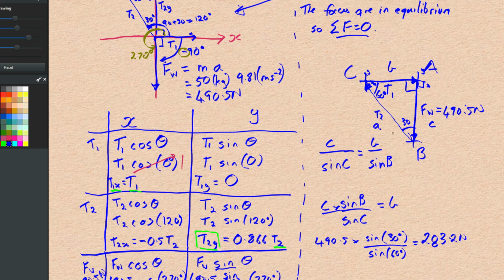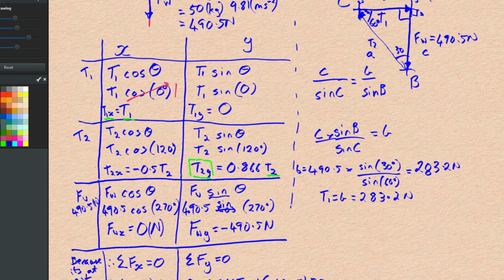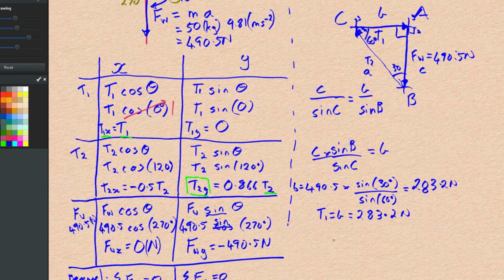Okay, and this represents b. Sorry, I should have had that over here. b equals, okay, and b is the size of T1. So T1 equals b, which is 283.2 newtons. And then if we scroll down a bit, make a bit more room for the next calculation, we have,